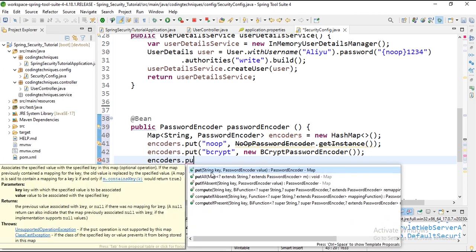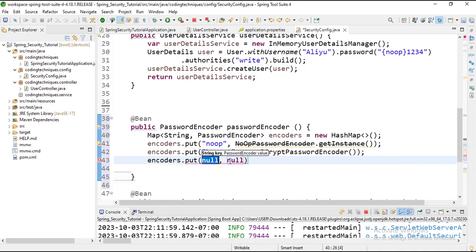If we have these, then we have scrypt. And we delegate this to the